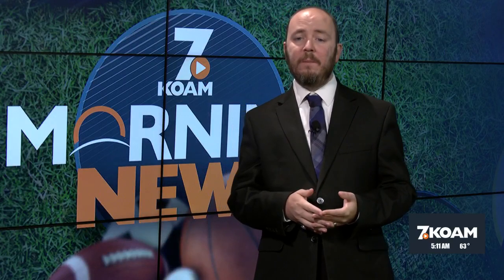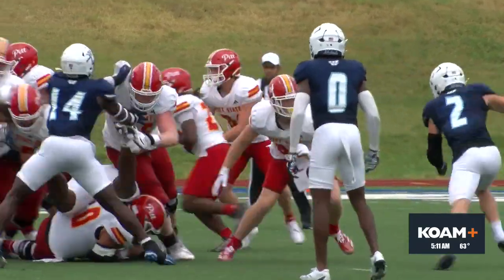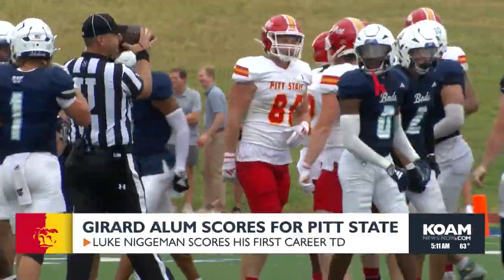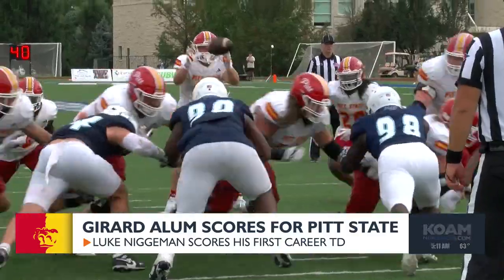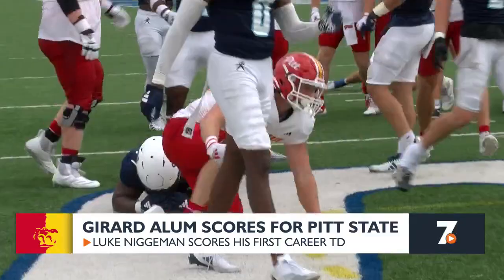Well, Pitt State football is now 3-1 on the season. On Saturday, the Gorillas survived the road test by beating Washburn 39-31. Perhaps one of the biggest moments of the game was former Girard Trojan Luke Nigaman, who scored a touchdown to give Pitt State an 8-point lead with just over 2 minutes left in the quarter. The Pitt State tight end rushed for 7 yards on 3 carries, including scoring his first career touchdown for the